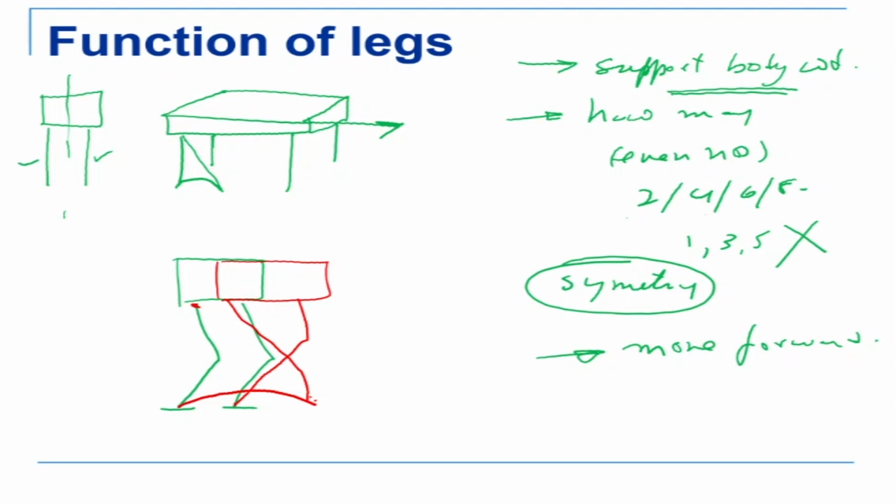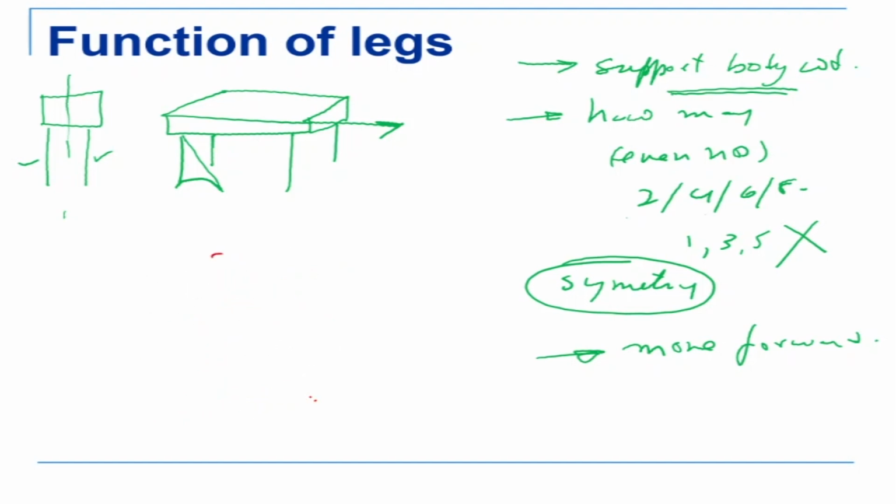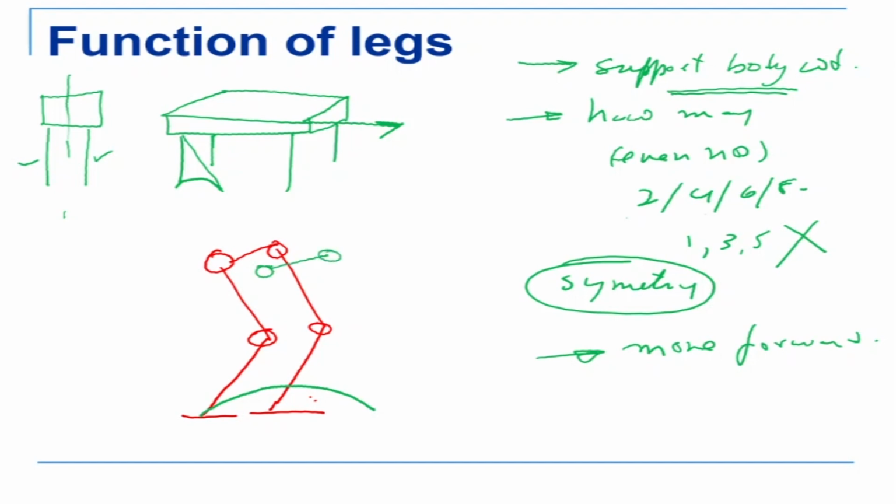Now this figure is not very correct, so let me draw it again. This is one leg, that's the hip joint, this is another leg. So this is a 2-legged system. How does it move forward? The leg goes like this, so the body also goes forward. It comes here and here. So this leg has come there now, and this leg is still here. That's how the body has gone forward, and that basically means that you move one of the legs forward or 2 of the legs forward, and as a consequence the body goes forward by some distance, and this is how the body moves forward.